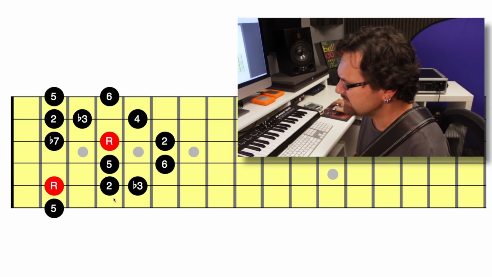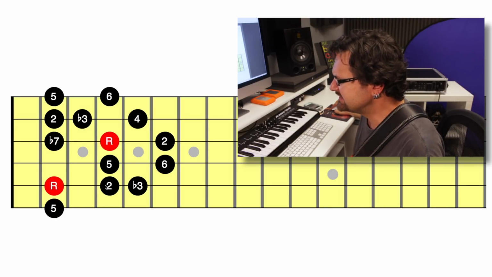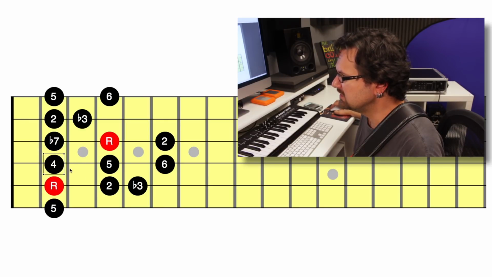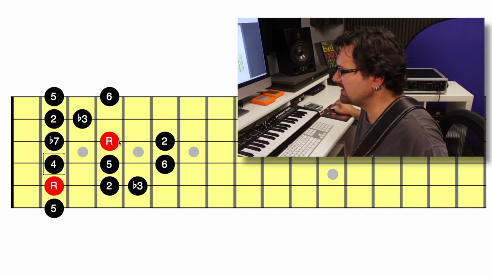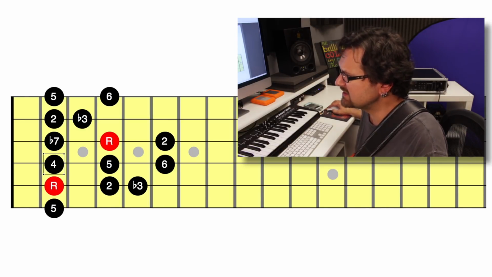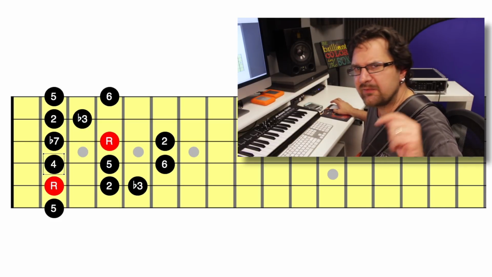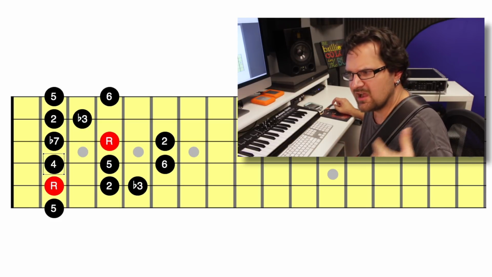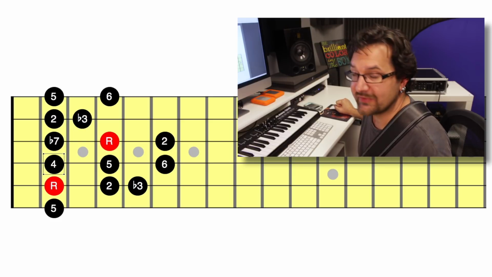And now what do we have? We have a root, a second, a flat third. There's no fourth here, right here, but there is a fourth here. So we can move that here if I want to. A fifth, a sixth, a minor seventh. That's 7 notes, and all these notes are kind of unique. In other words, there's no flat 7 and 7, or there's not a minor 6th and a major 6th